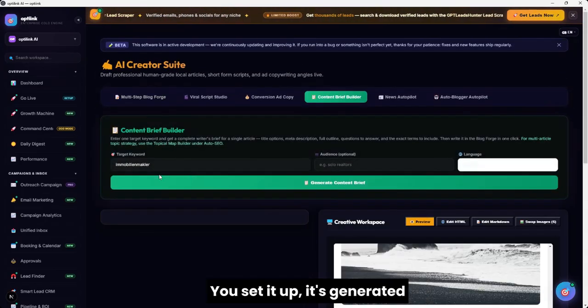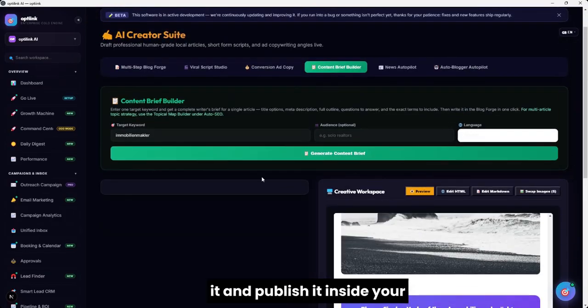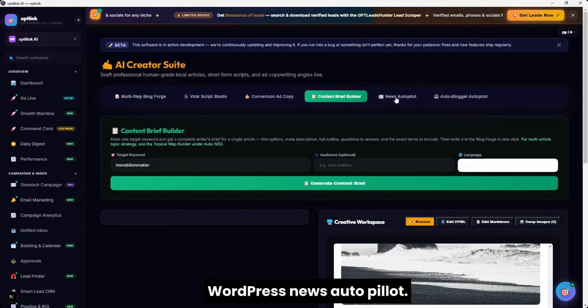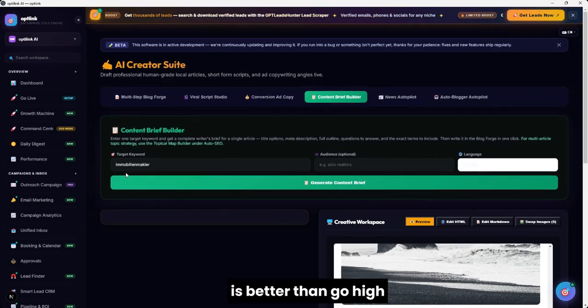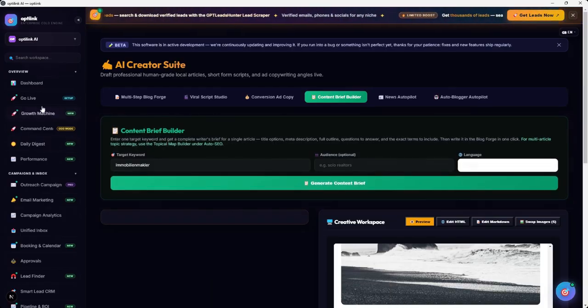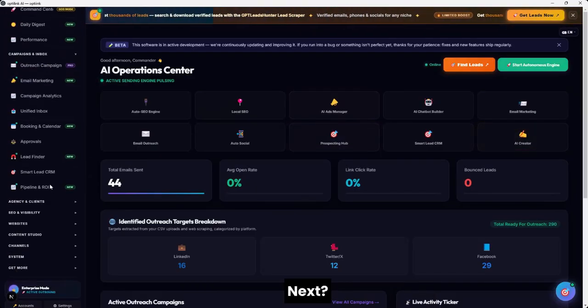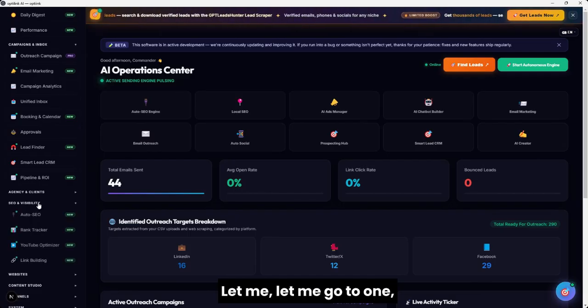Content brief builder, you set it up, it's generated for you, and it's going to create it and publish it inside your WordPress. News autopilot, and here we have conversion ad copy, viral script studio. You understand when I say this is better than GoHighLevel? This is better than all of these tools out there. Now let me go back to dashboard. What do we have next? Next, let me go to